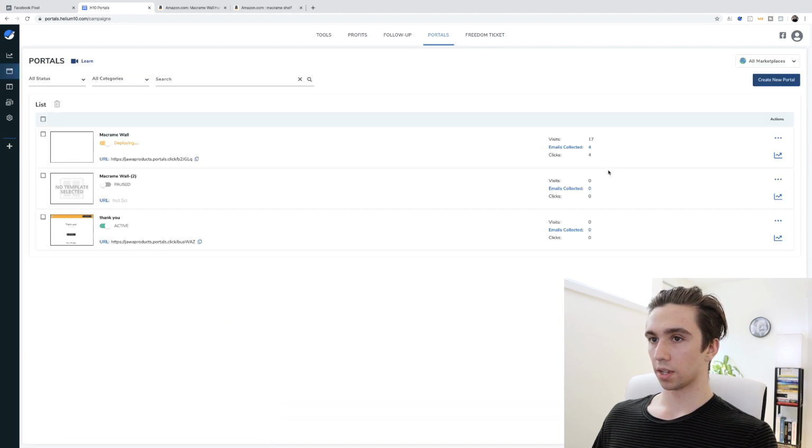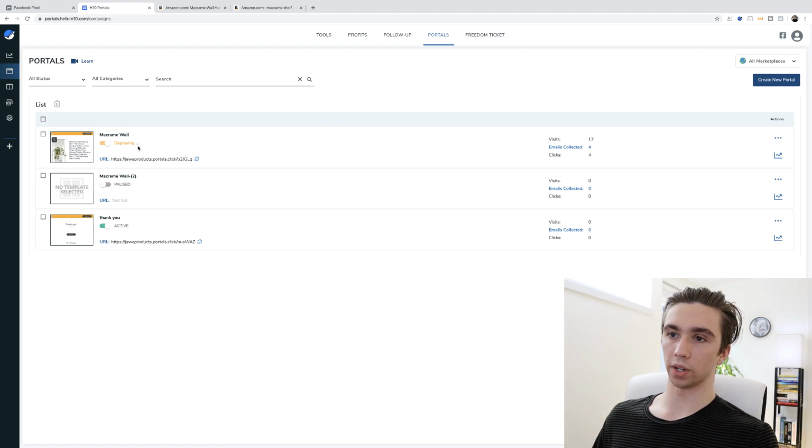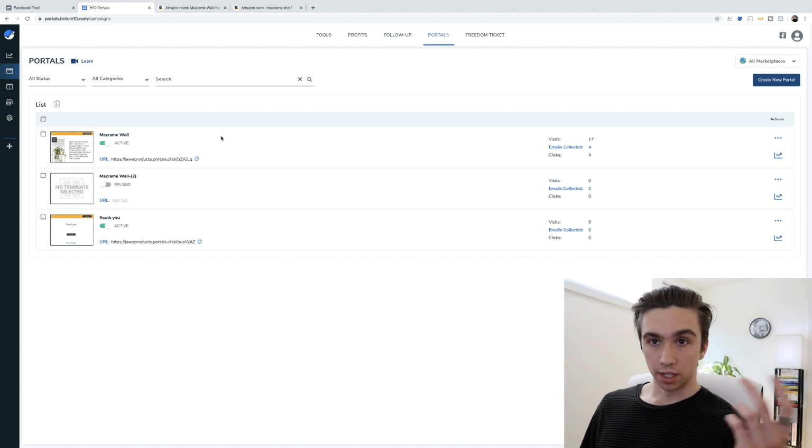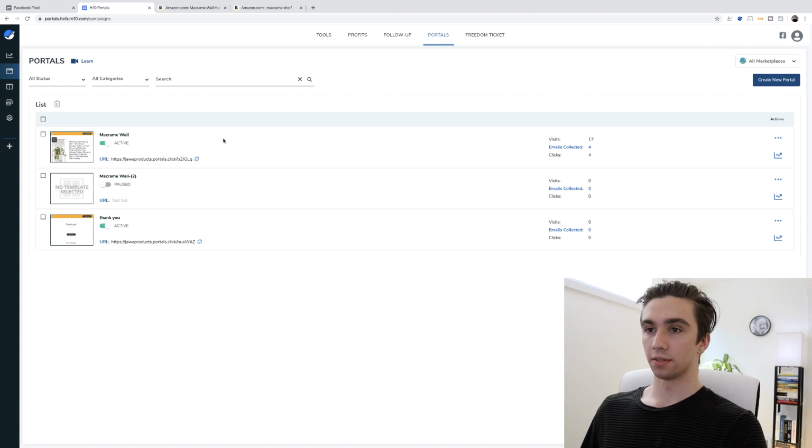Great. And you can see this is what will really happen. It'll say deploying, should only take a minute or two. We'll pop back in once it says active. All right, so it is active. Didn't take very long at all. So what that means now is we could actually, we could have previewed it before, I guess, but we could